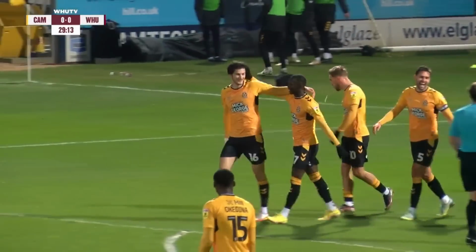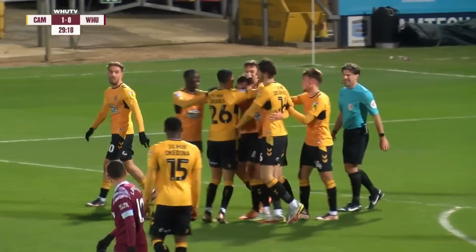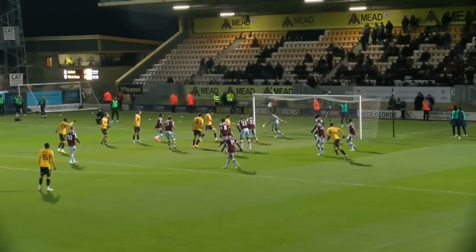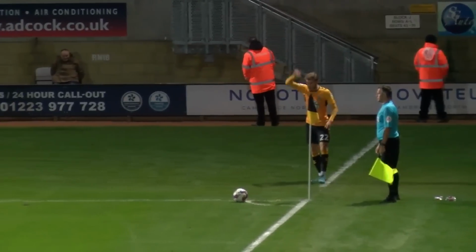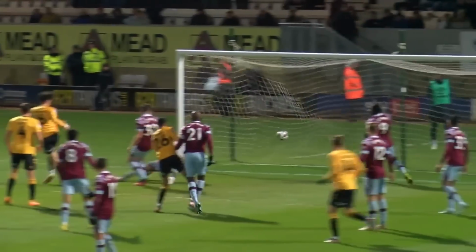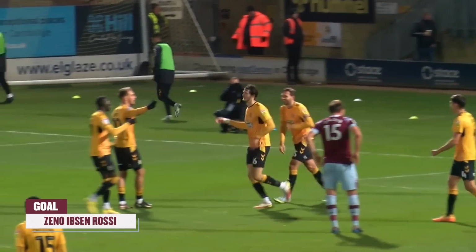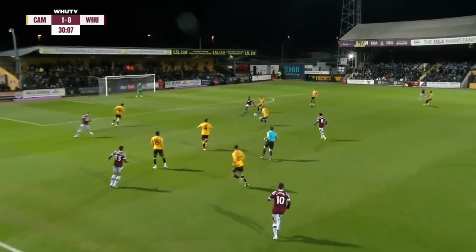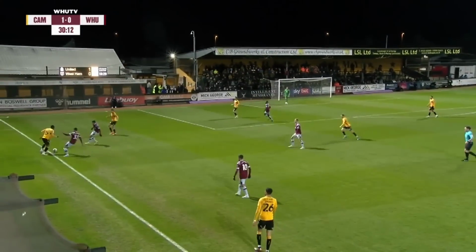One of the 6 changes on the score sheet wasn't brought in to score, but the centre-back, Ibsen Rossi, does score, and it's Cambridge United 1, West Ham United 0. I think all the Cambridge United fans would have wished it was the other centre-back getting the goal, but they'll be happy either way. They've created a bit of a test for themselves now, but a good test perhaps in preparation for the return